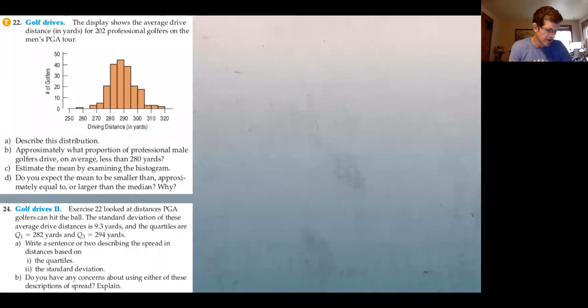they give us in the next part the standard deviation and the quartiles. So when we're talking about this, we're going to write a sentence or 2 describing the spread based on the quartiles. So this is A1. I can say, we didn't really talk about it, but it's in the chapter. 50% of the data falls between the first and third quartile. So we can say 50% of